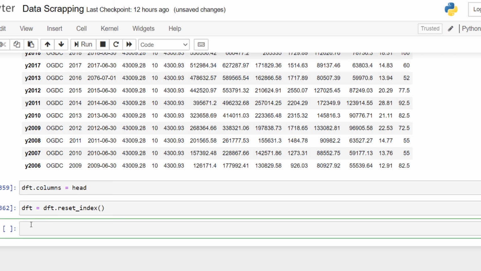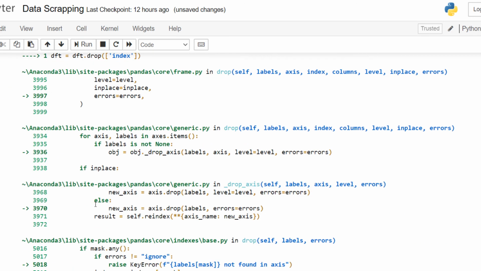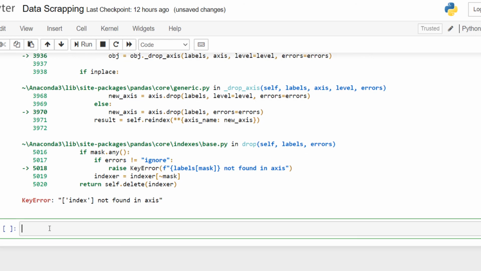And now let's try another method for dropping a column. So DFT is equal to DFT dot drop, and then we pass on the name of the column. So name of the column is index. It says index was not found.